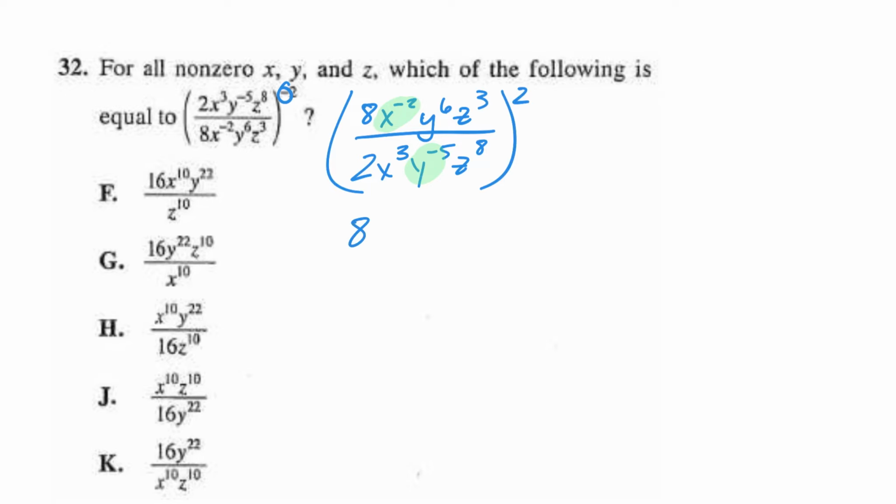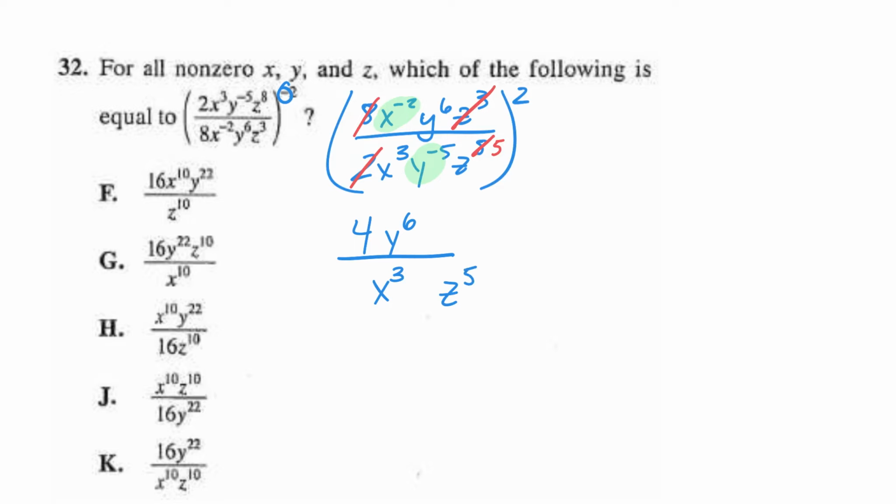So the 8's going to stay put. The y to the 6 is going to stay put. And let's go ahead and cancel these z's while we're at it. We can cancel 3 of the z's, which would leave 5 z's in the denominator and none in the numerator. So these are the values that stay where they're supposed to. While we're at it, why don't we go ahead and reduce this? 8 divided by 2 is 4. So there we go. The y to the 6 stays where it's supposed to. The x to the 3rd stays where it's supposed to, and we still have a z to the 5th power